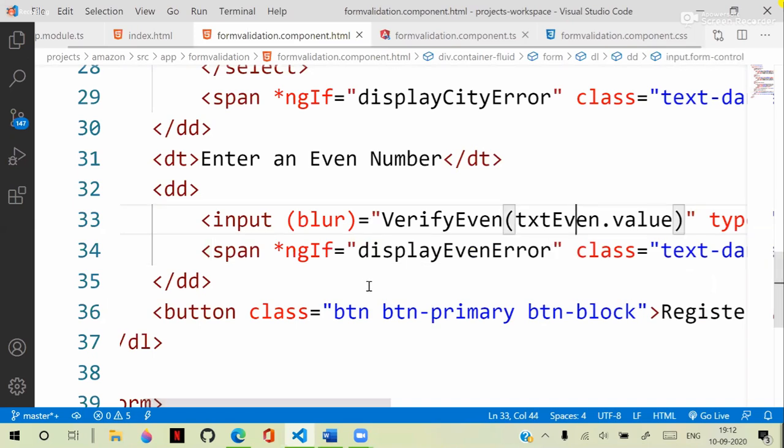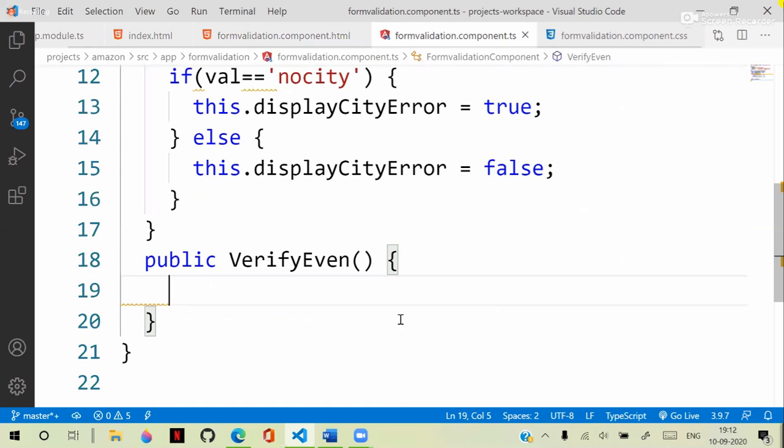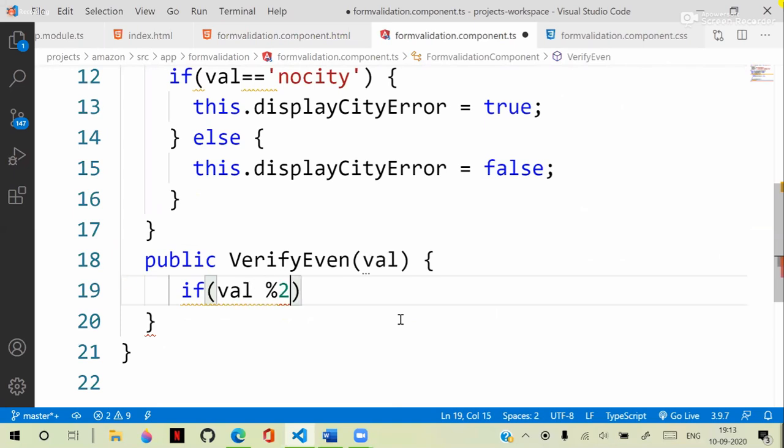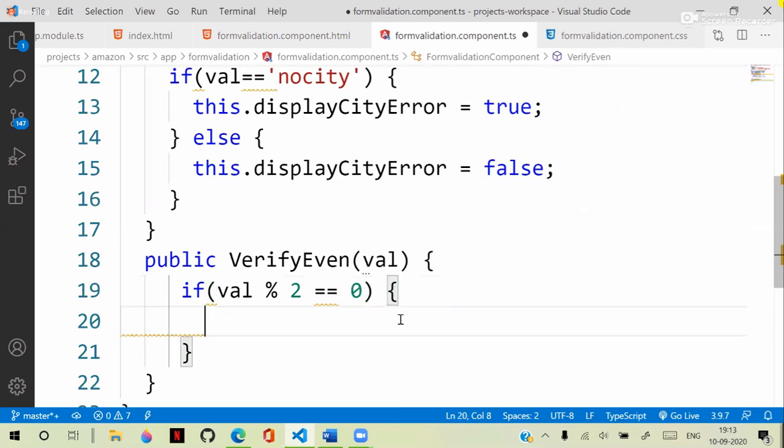I will collect that value here and write a condition. If the value that you passed is modulus divided by 2 and the remainder is equal to 0,